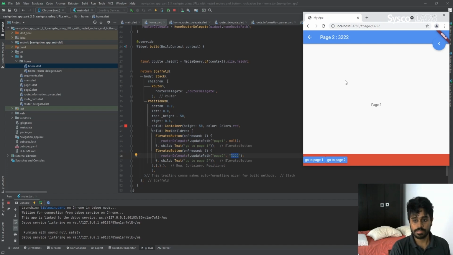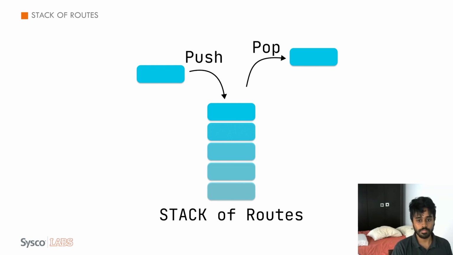And here you can see that I'm generating these routes. So now you have the home route, the page 1 and the page 2 here. Always this home route and page 1 will be there, so you will only be removing and adding this page 2 here. Because of that, when you generate page 2, you will get the back button to go to page 1.